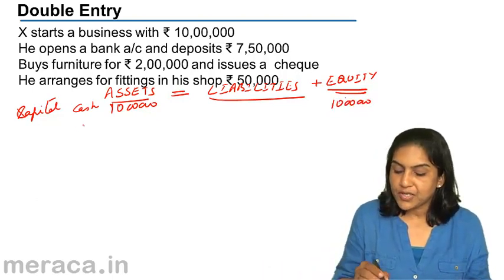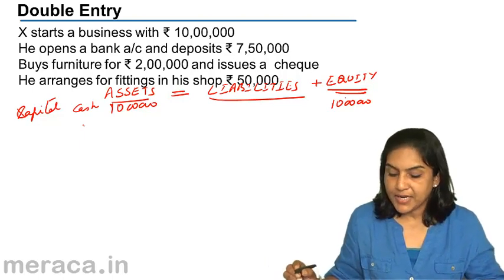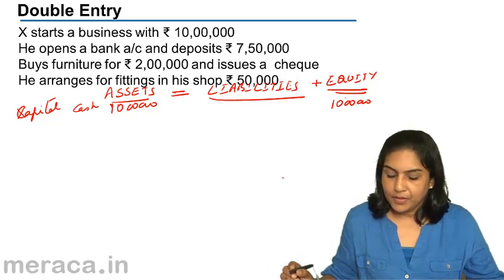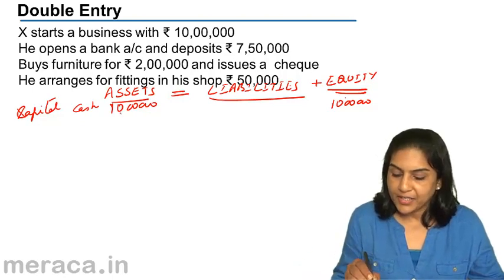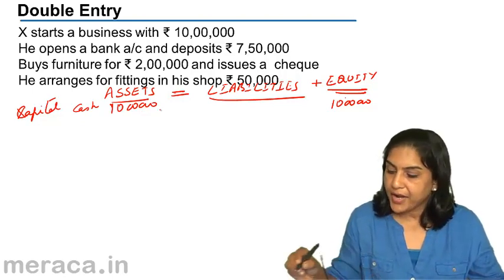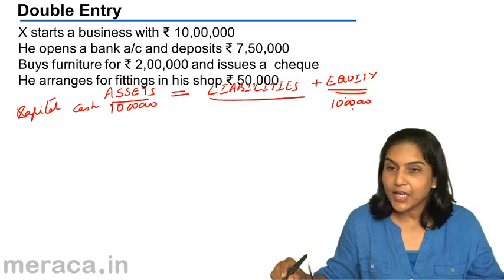So now we have an asset of 10 lakh being cash, and we have liability or rather equity of 10 lakh